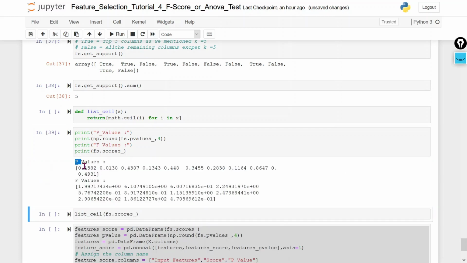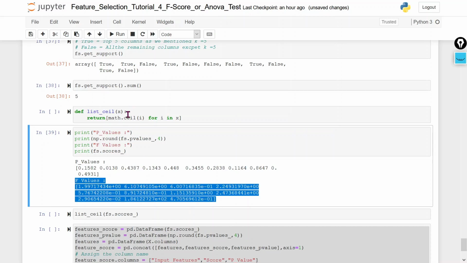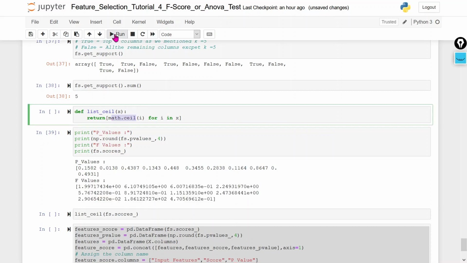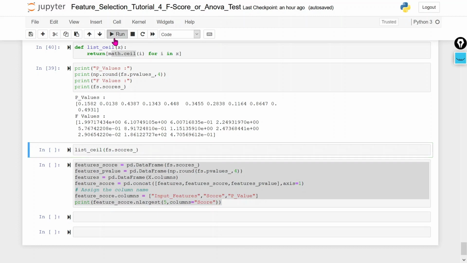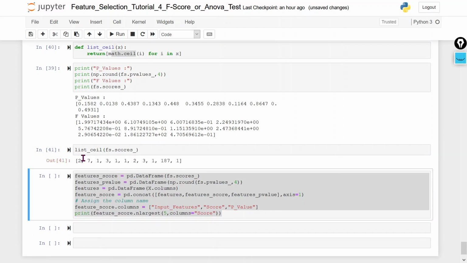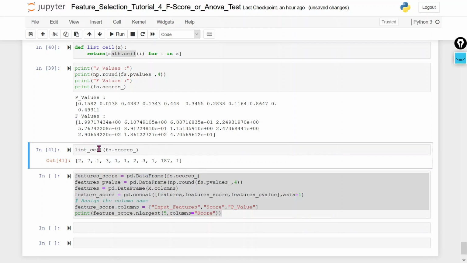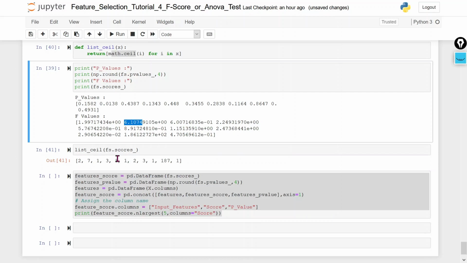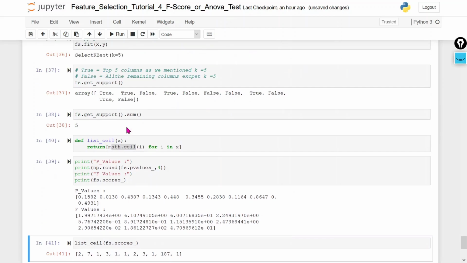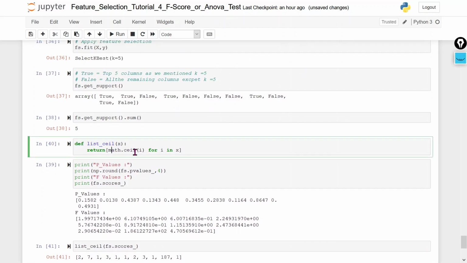If you can see here, these are the p values I am getting and these are the F values I am getting. If we use the math ceil function, you can get this particular value. If you see here 1.99, it is ceiled to 2. Now 6.10 will be 7. Same way you can use this math ceil function.